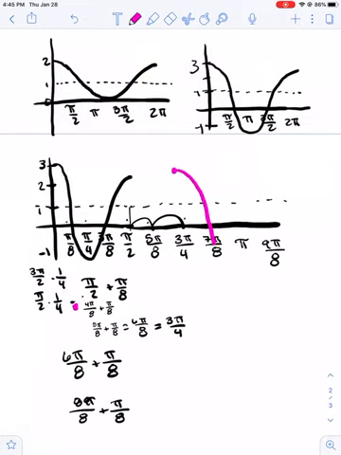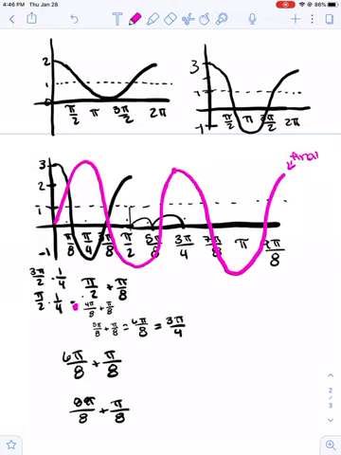Start at pi over 4. We would go down, up, and back. So if you follow that pattern, we would end up getting something like that. So our pink graph is our final graph. Let me know if you have any questions, and then we'll just keep